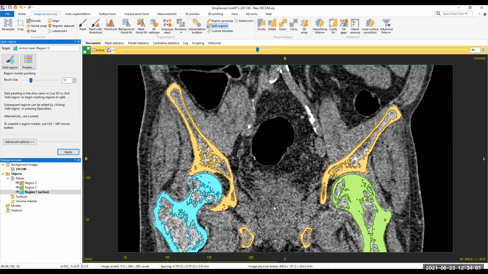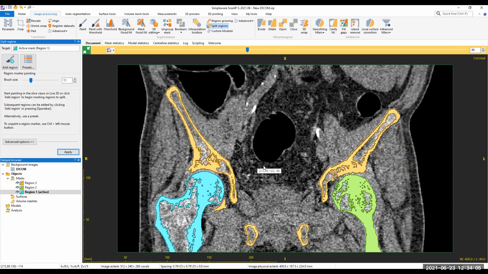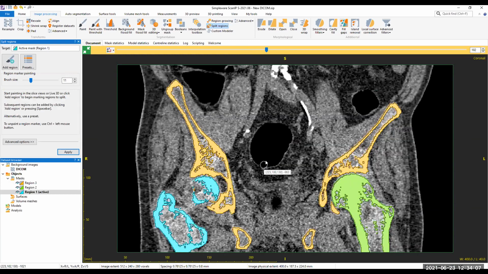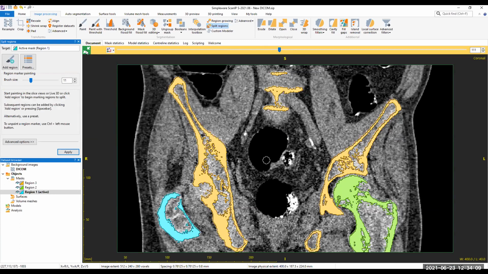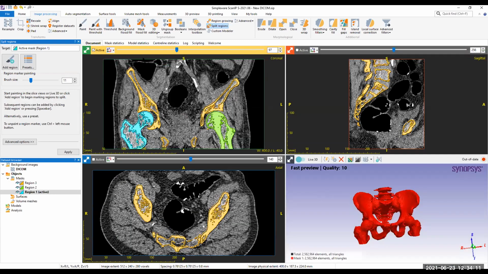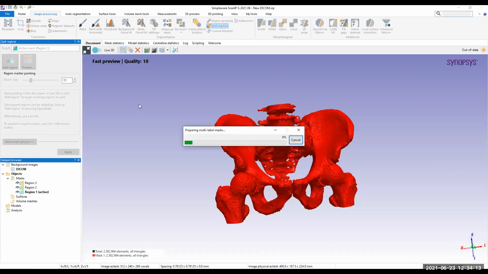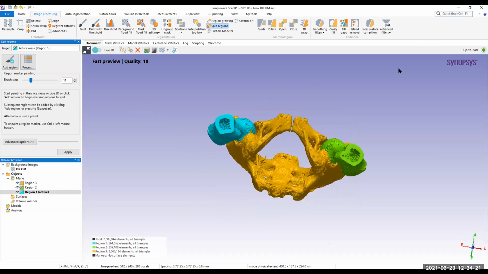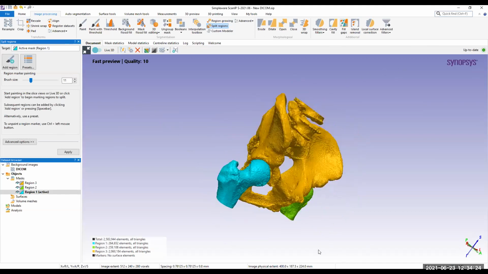So these three sections are now split. In the 2D view, I can see the split looks good. We can check this in the 3D view as well. I'll generate a fast preview. So here also it looks like the splitting has been done nicely.